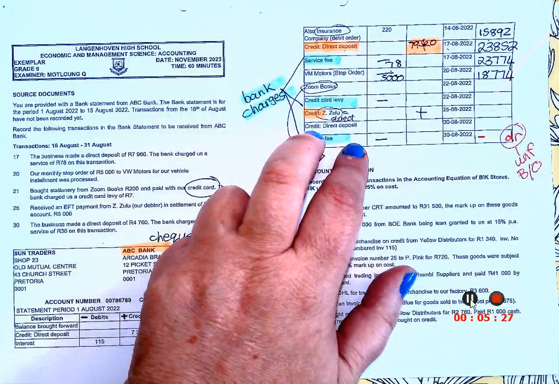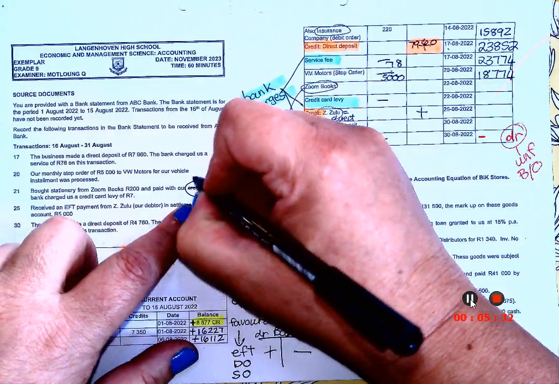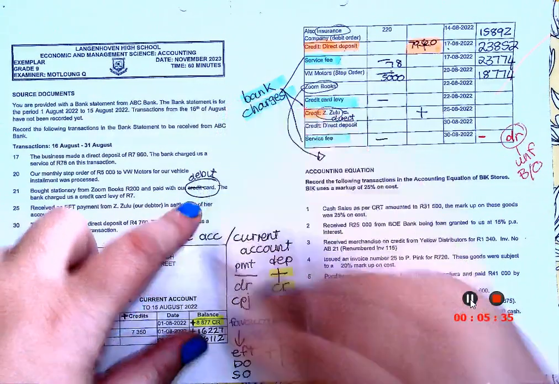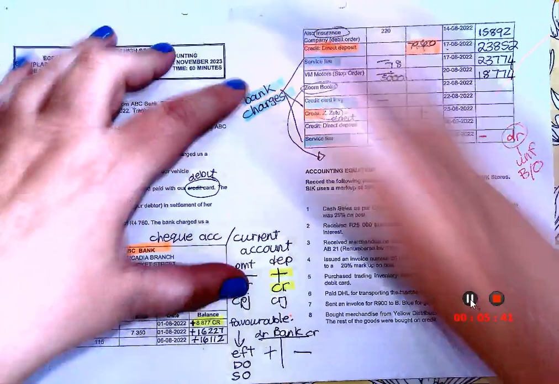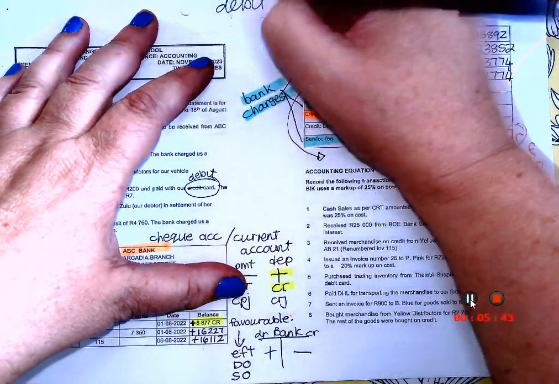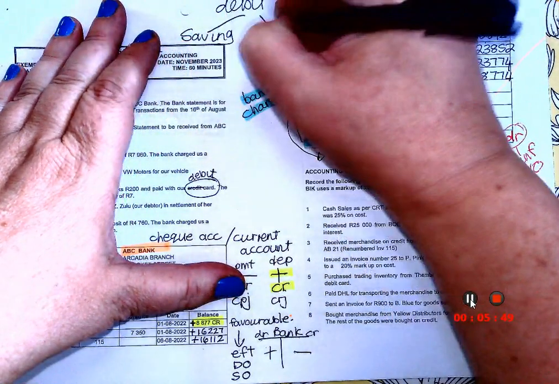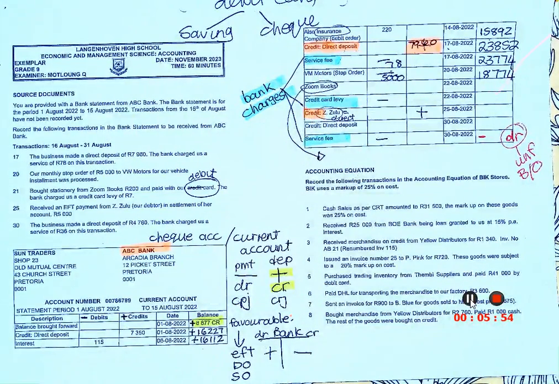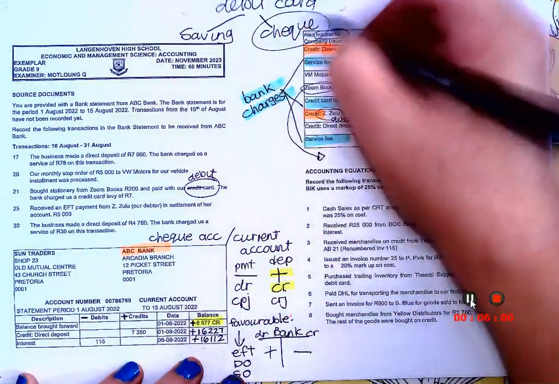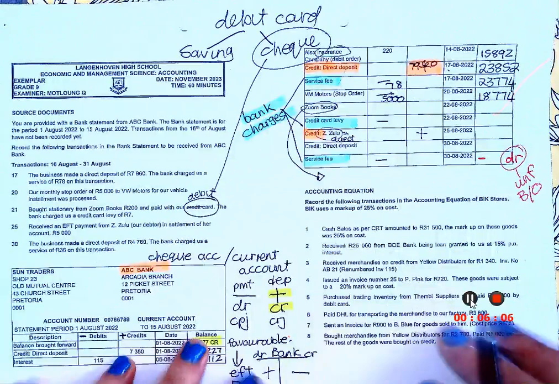Okay. But let's pretend that this is wrong and we make it a debit card. Would it go in here now? Yes, because a debit card, guys, is linked with a savings account or a check account. You can decide which one it's linked with. That's why when you go and you buy, they say check or savings. So a check account is linked with a debit card. Right. Now the transaction goes in.